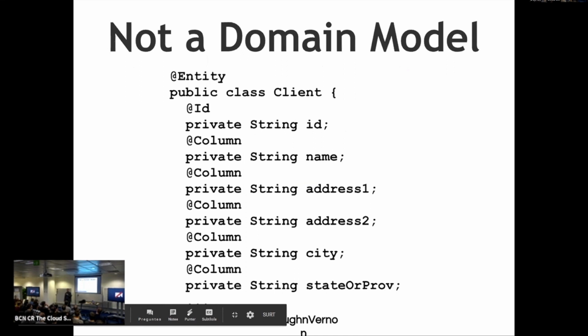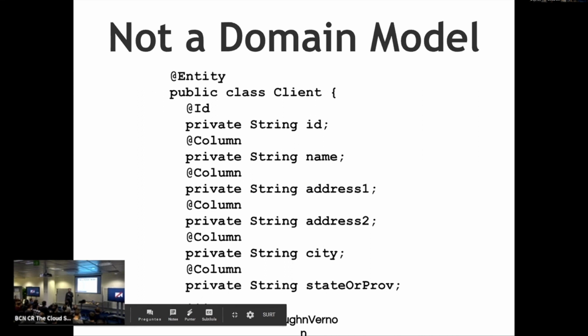It's not a domain model. This is an entity in a database, and we've decided not to write a direct SQL query to interact with that database. Instead, we've decided to put the column values into an object and then have something else put that data into a database table, right? A row in a database.